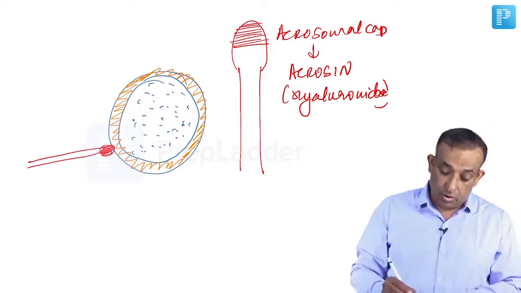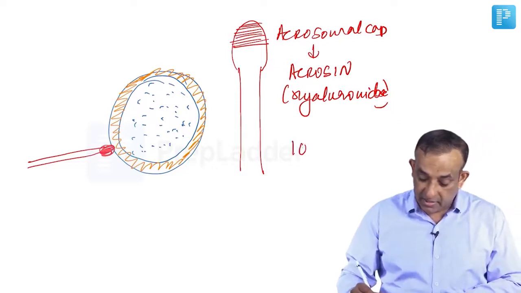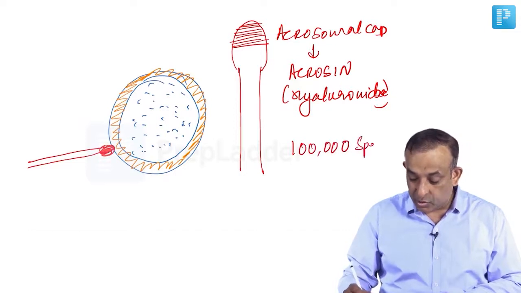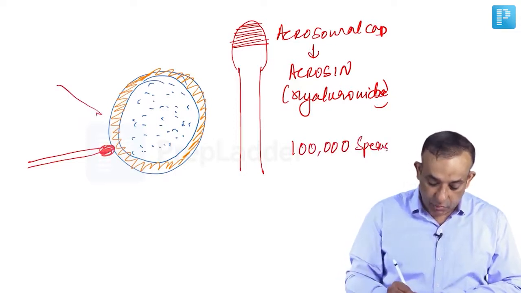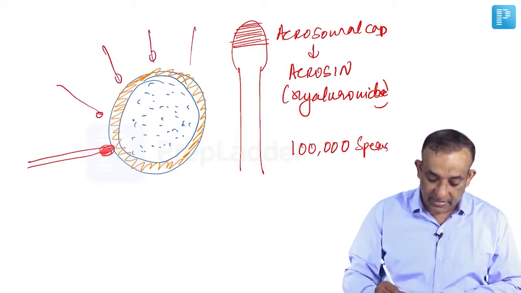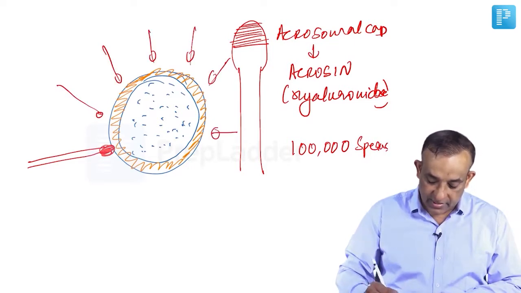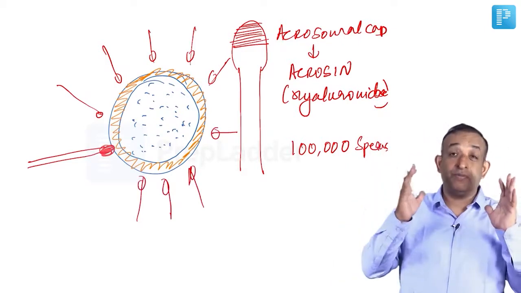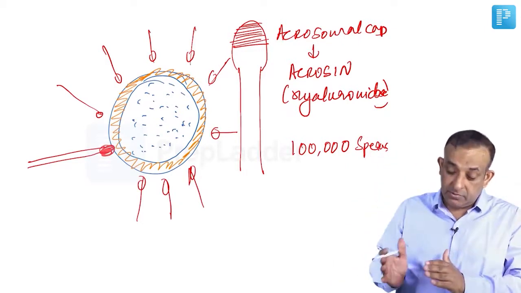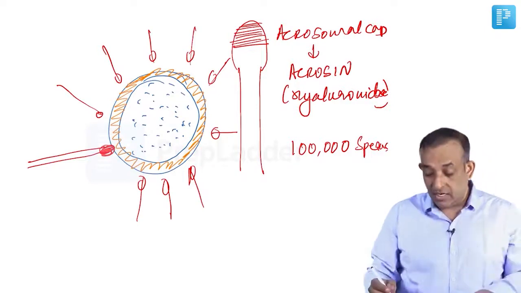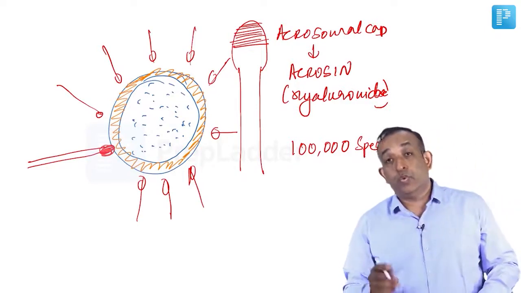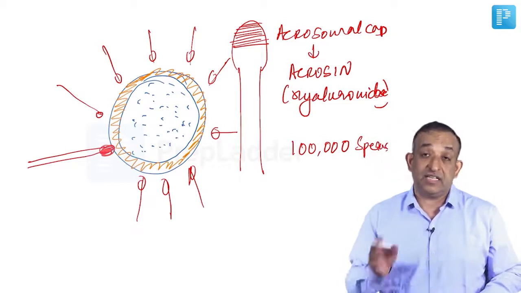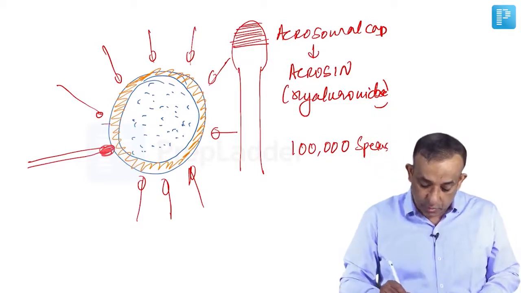This acrosin of 100,000 sperms, 1 lakh sperms otherwise, so many sperms are required to come and release the acrosin. The sperms will literally come and break the heads. That's what we say, breaking the heads. These sperms will come and break the heads and release the acrosin, and then the zona pellucida will get softened when acrosin from 100,000, 1 lakh sperms is released at the site of fertilization, and finally one sperm will get